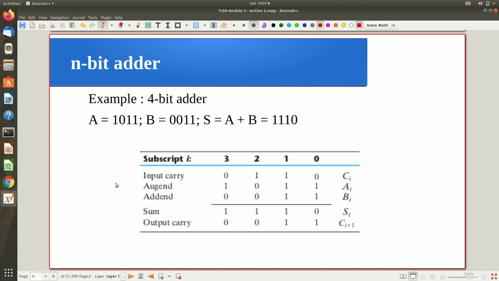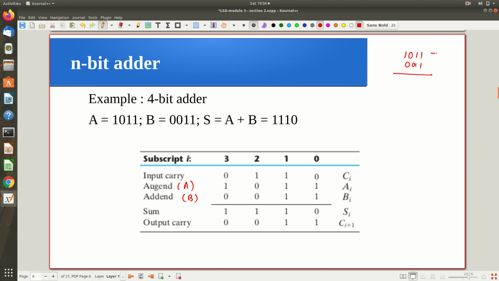So let's see an example where the 4 bit addition is shown, like 2 4 bits I have to add. This is my first, 1 0 1 1, and 0 0 1 1 I'm trying to add. So that is shown here. The two inputs are like, this is your A, 1 0 1 1, and this is your B, right? That is the augend and addend, the way we call the inputs of an adder. So the first input is 1 0 1 1, the second input is 0 0 1 1, and finally you have to add them, right?